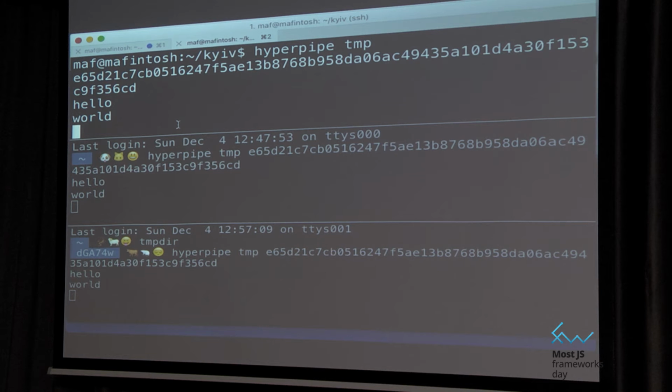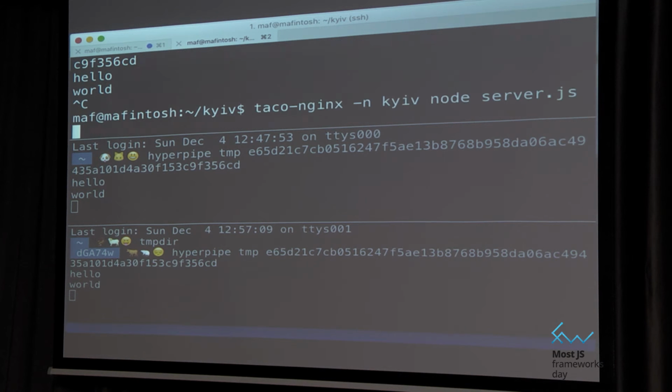So instead of having to write stuff here, we can now do cool stuff like do a pipe here and then pipe, Hyperpipe. I'm going to call it Kyiv.